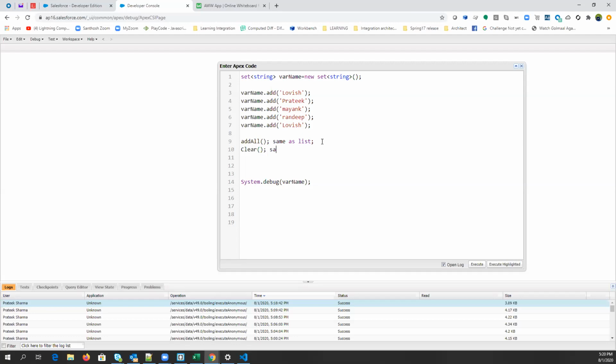Any question? Again, we have a method called clone. Any question? Again, we have a method called contains.